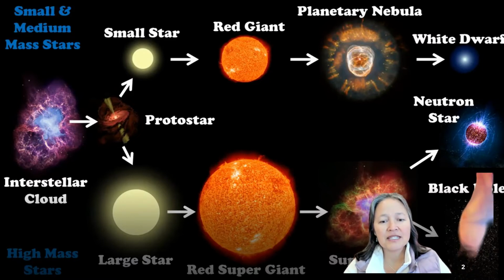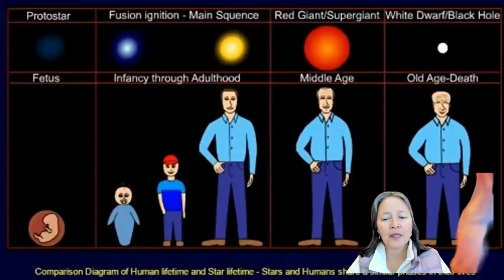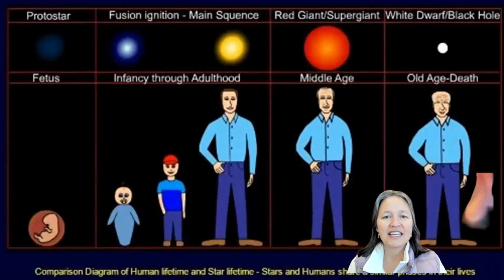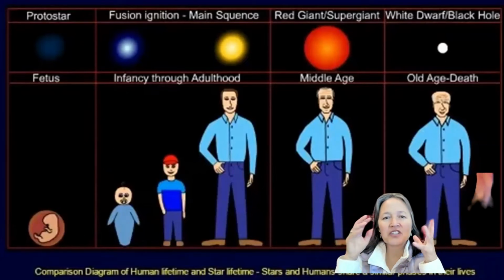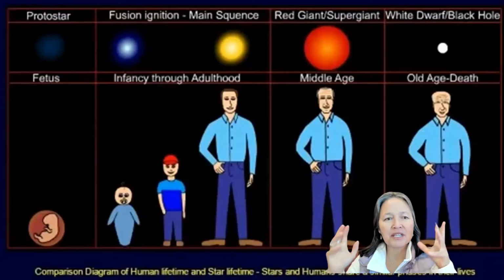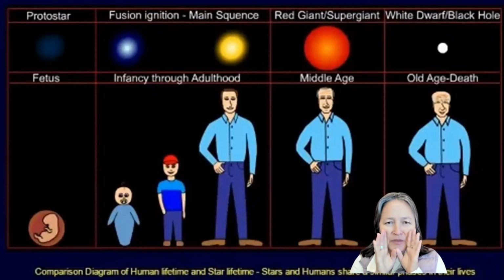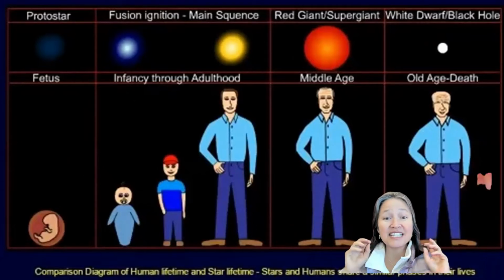Okay, but here's this next slide that's very important, because we're going to equate it now to the human gestation or life cycle. So you can see from this visual, a protostar is like a fetus. So imagine we're in the star nursery. Here we are in the big nebula, but I'm going to be a protostar. And it has to do with fusion. And I'm not a scientist. So we'll just go with what it says, fusion ignition.